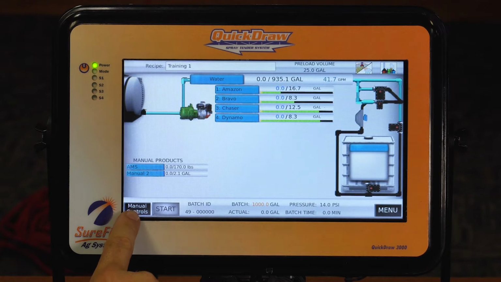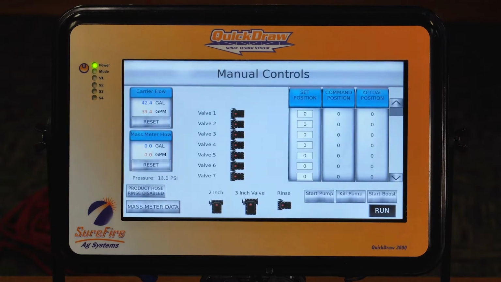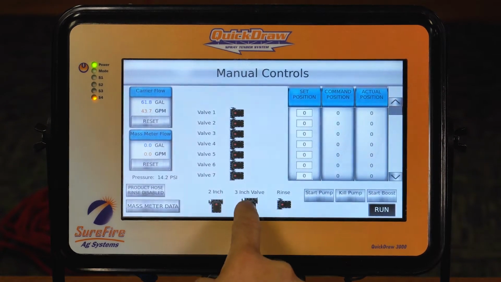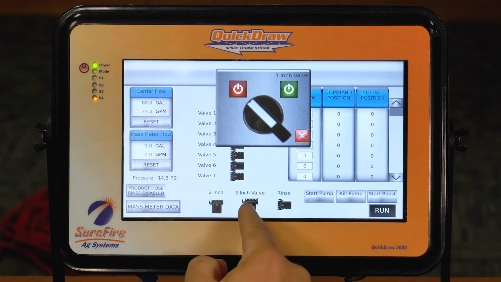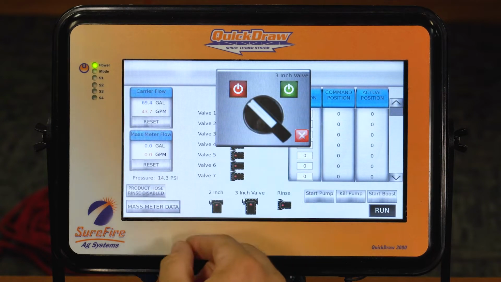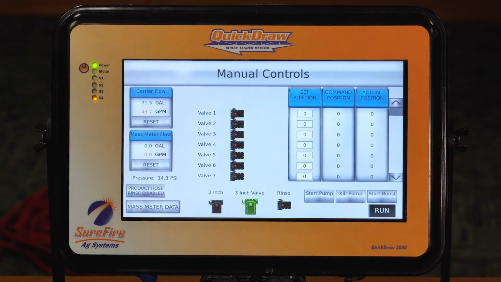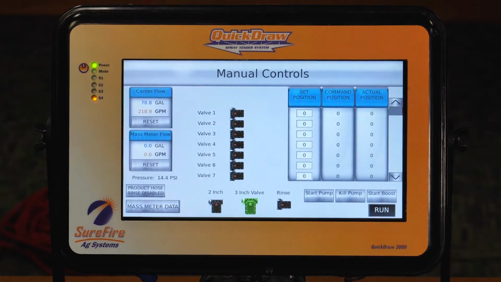In the bottom left-hand corner of our run screen, we'll see the manual controls button. This screen is one that I would utilize if I need to manually actuate any valve in the system. So if I just need to open the 3-inch valve, which would be the main carrier valve, because I'm going to pump some carrier straight through the quick draw without measuring or running a batch, I just push the valve icon, it brings up the virtual switch, and then I push on, and that's going to open that valve,